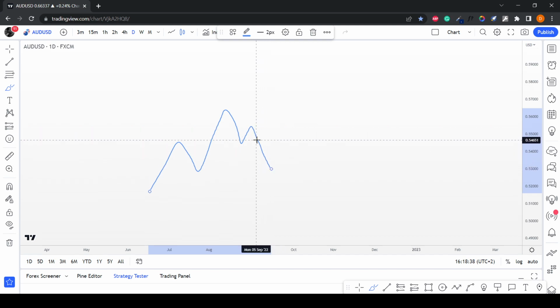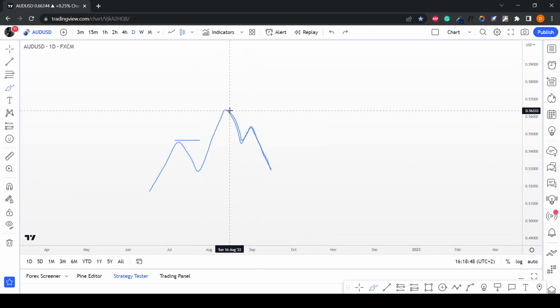Why do they want these sellers? So the weak side sees that the market is going down, but we already know that the structure is still bullish. But the weak side doesn't know it, and they become liquidity, the sellers, for the smart money to buy, because